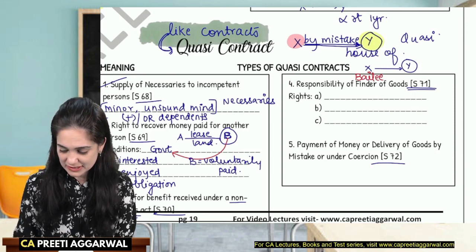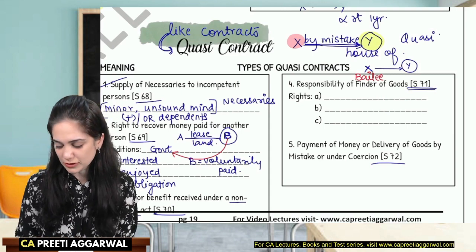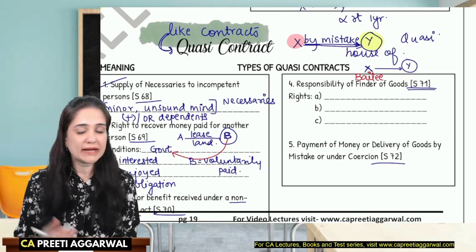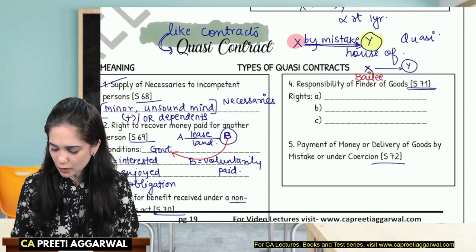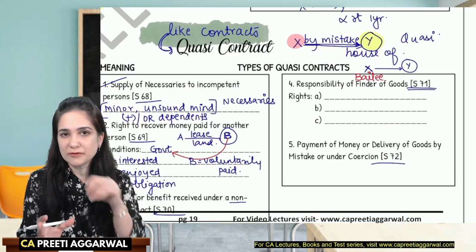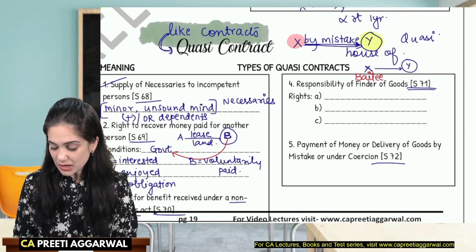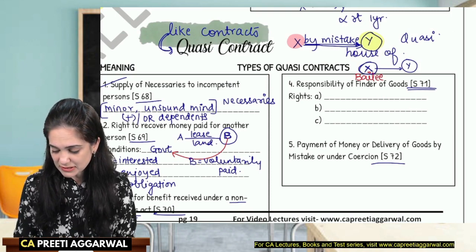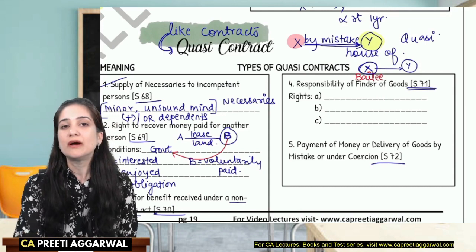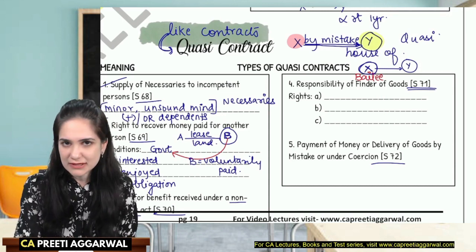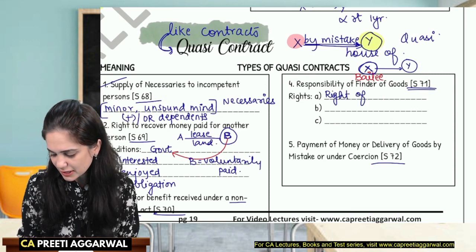What are his rights? He has incurred expenses to find the true owner. So can he claim those expenses from the true owner? Yes. Let's say, for example, that he bought an electronic safe to keep the goods safe, and he incurred certain expenses to find the true owner. So X has incurred expenses. He can claim those expenses from Y, and if Y refuses to pay for it, X can retain the goods. So he has the right of lien. Lien means to retain.